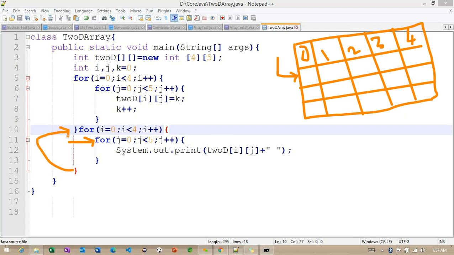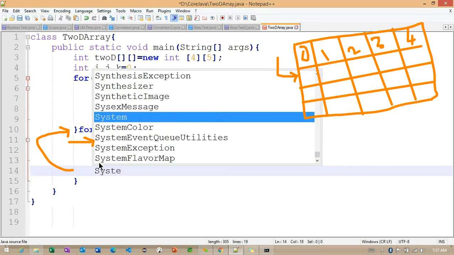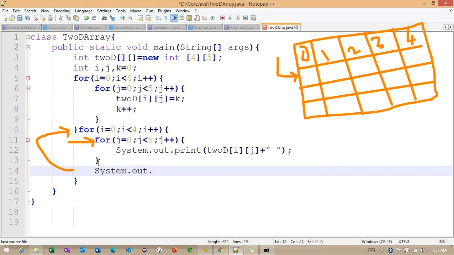So whenever this condition returns false, we can make one more println here. Observe what we are doing: System.out.println, and I'm not defining anything inside this println method.